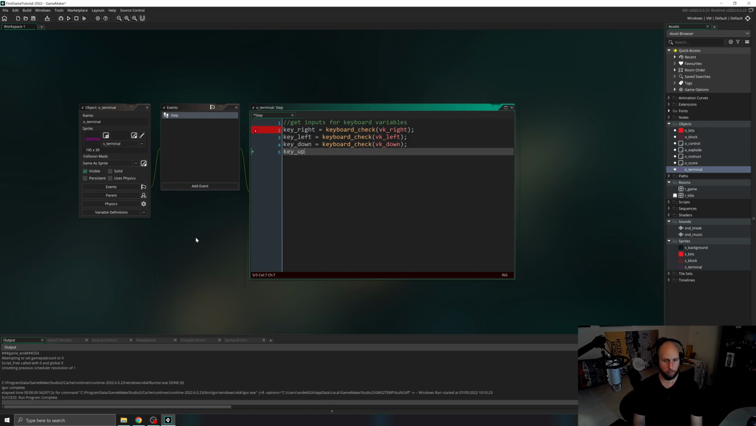Key up equals... oh, forgot here, key left. I want this to be negative keyboard_check(vk_left). Be sure to alter that, the negative keyboard_check(vk_up). Whew. So